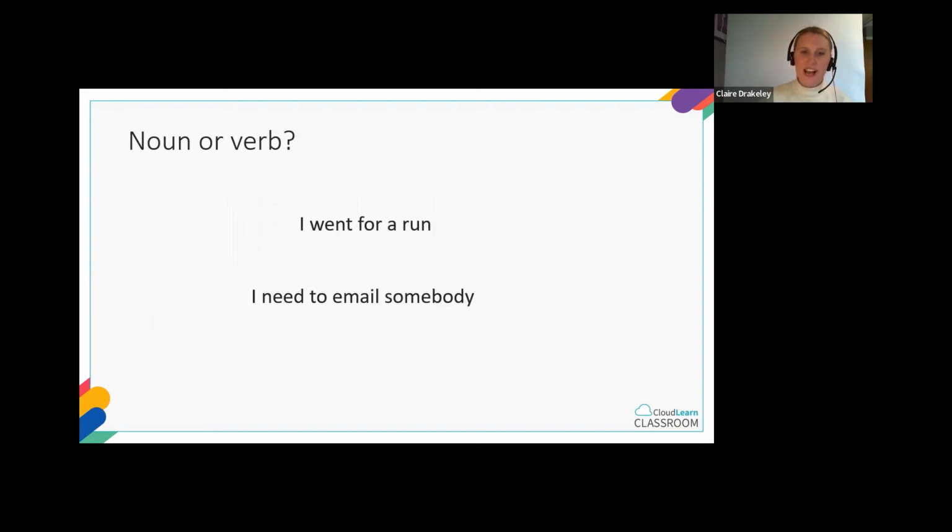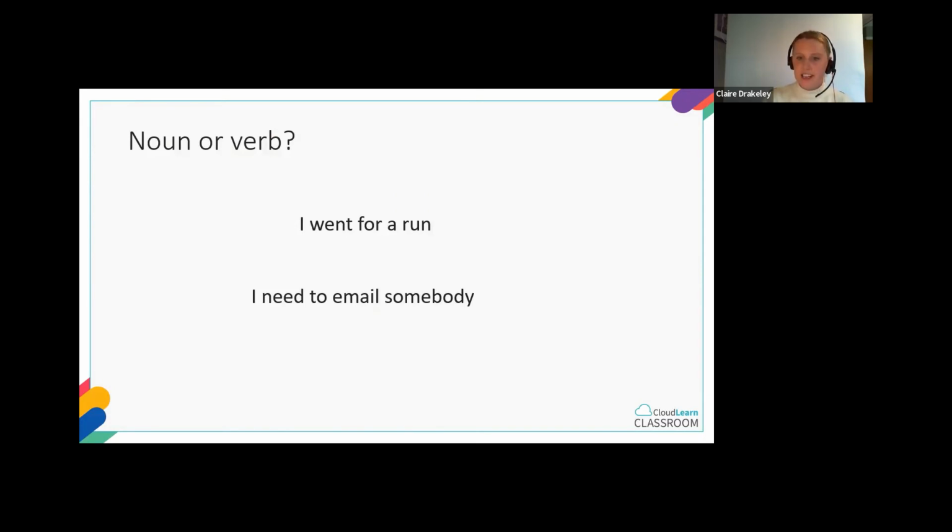Some words can be either a noun or a verb, just to confuse you, depending on the context of the sentence. So, for example, run is a verb we've used as an example previously. It is an action, you are doing it, so it is a verb. But what about in this sentence? What about if you went for a run? Now it is a thing. It is a run. It is a thing. Now it is a noun. As well as it can be a verb. In this sentence, I went for a run,